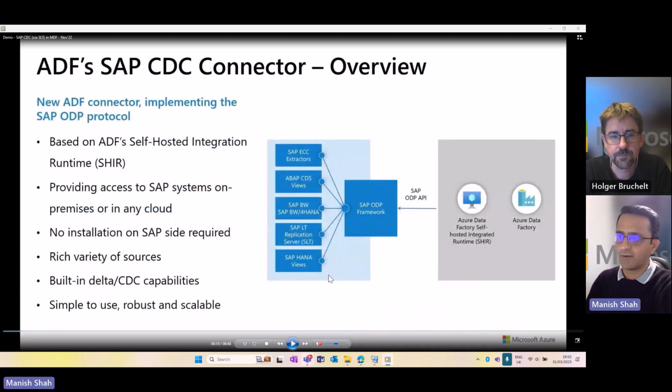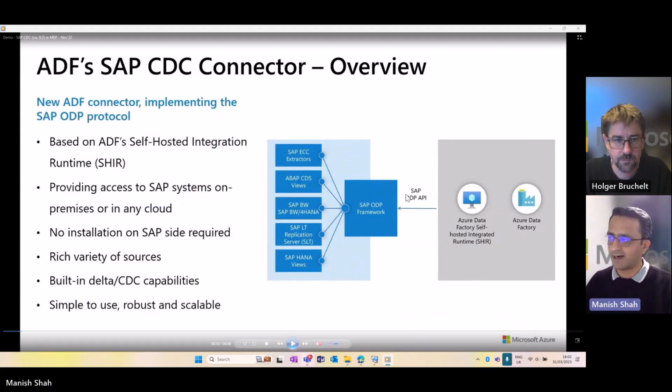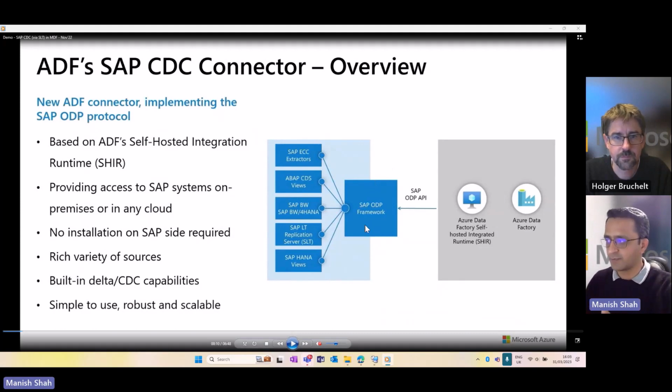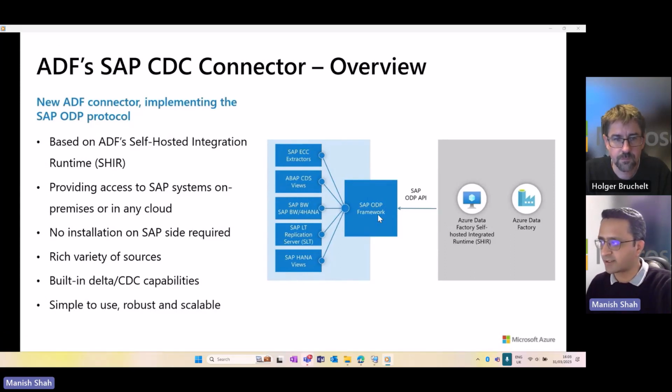this is a very high level overview of what CDC is. So CDC stands for Change Data Capture. It is based on something called the SAP ODP framework. And what is ODP? ODP stands for Operational Data Provisioning. It's an SAP tool. It's a product that basically provides a